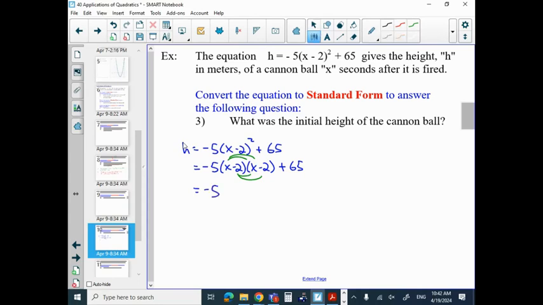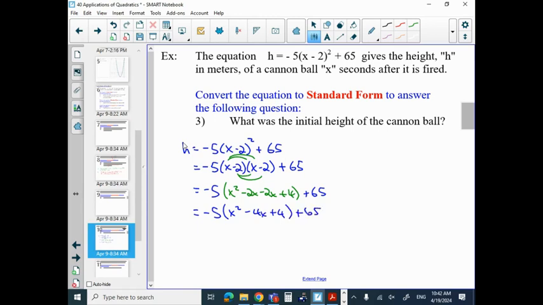So here we go. We have an x squared, we have a minus 2x, another minus 2x, and a minus 2 times minus 2 is a plus 4. So that's that stuff. We have the 65 tagging along, so we have some more work to do here. Let's collect those like terms first, just to simplify things. So I have a negative 4x plus a 4,